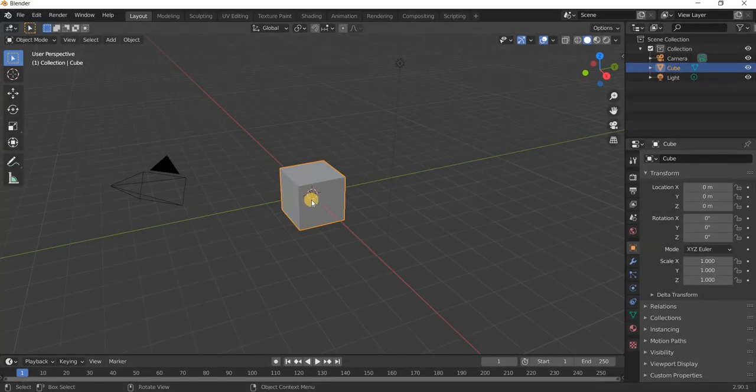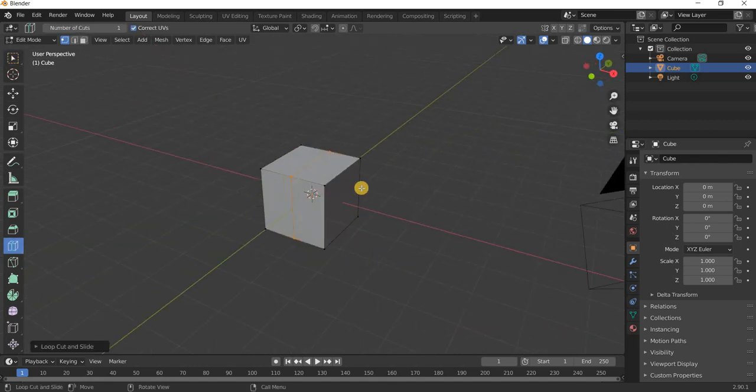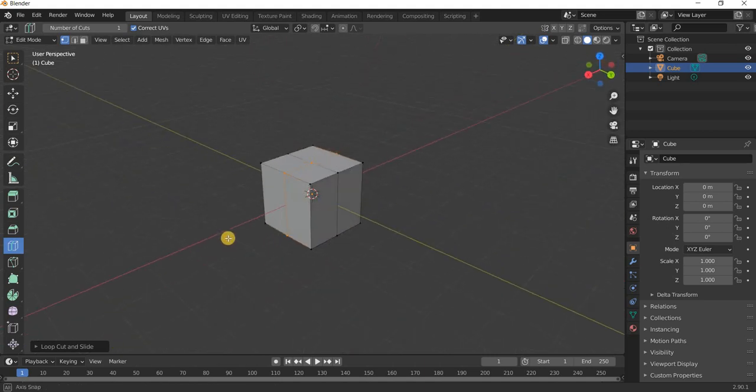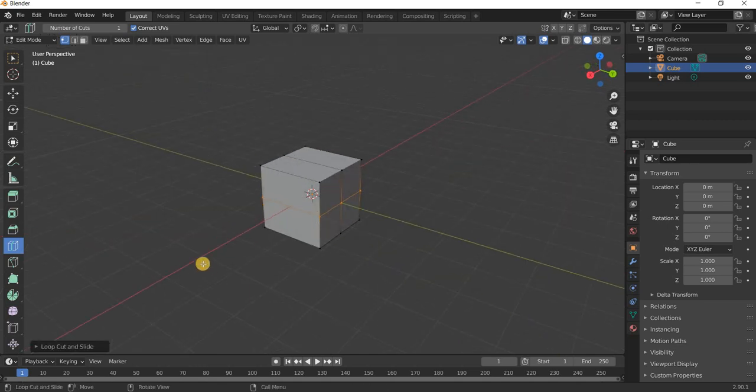So we're in Blender and we're going to use the default cube. Hit the tab key to go into edit mode, and we will add one edge loop on this side, one edge loop on this side. Actually, we don't need it on this side, one on this side. Okay, and then we will go to the polygon mode